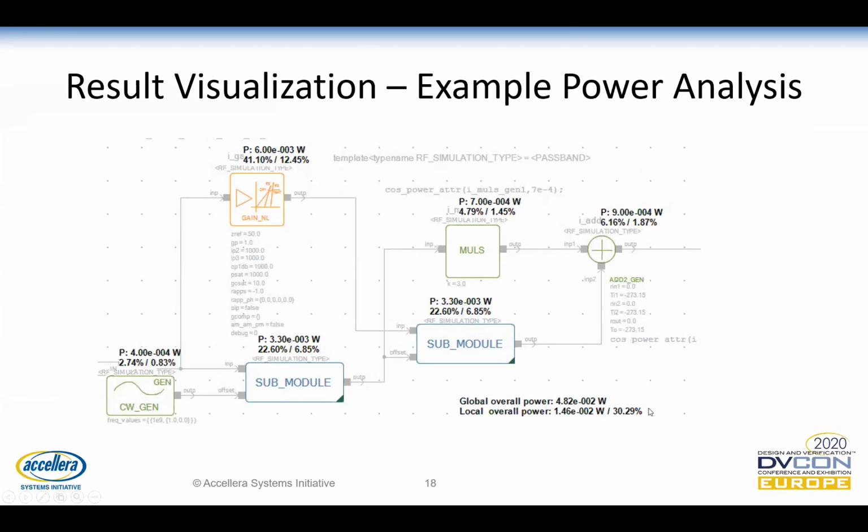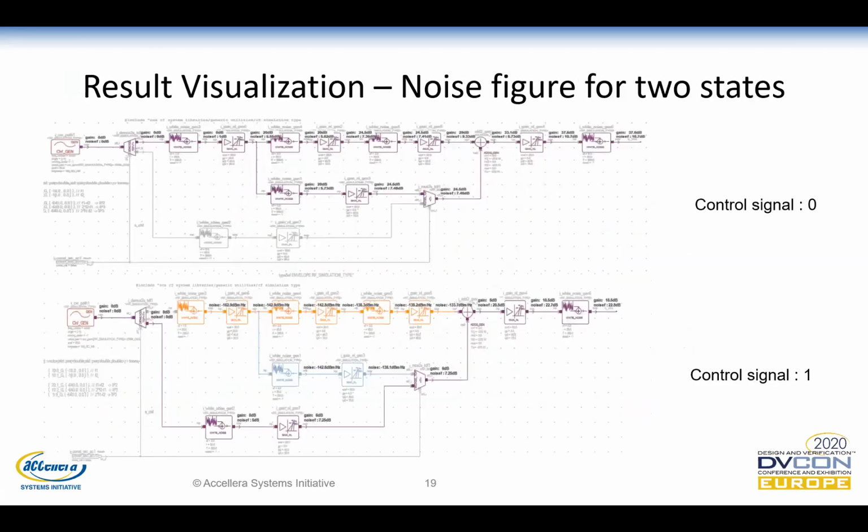In this case, this submodule consumes 30% of the power, and then we can also show for each module, of course, which power estimation we have. We also show the percentage for this whole module and the percentage for the whole system. To show that it's also possible with a little bit more complex scenarios,